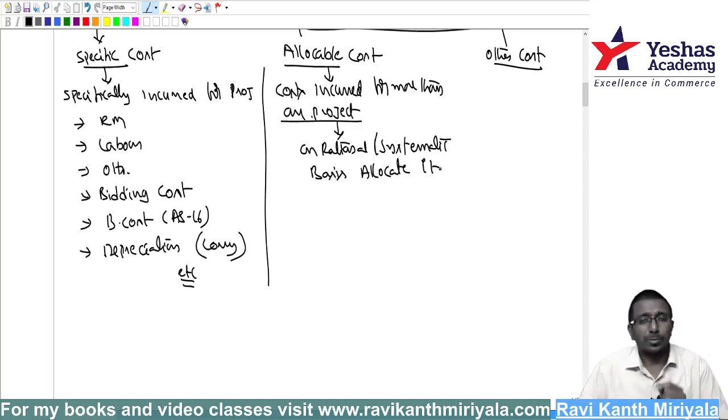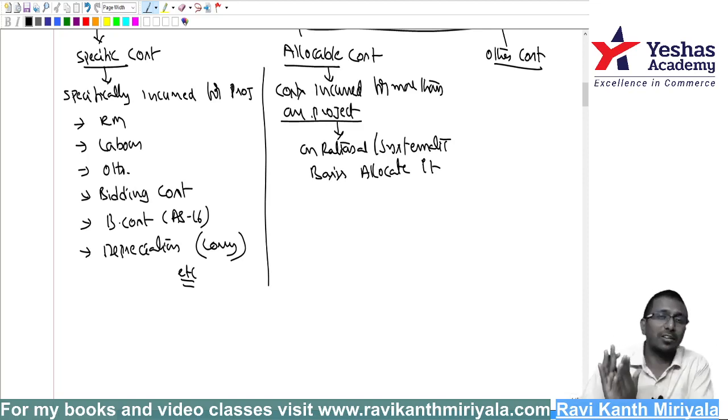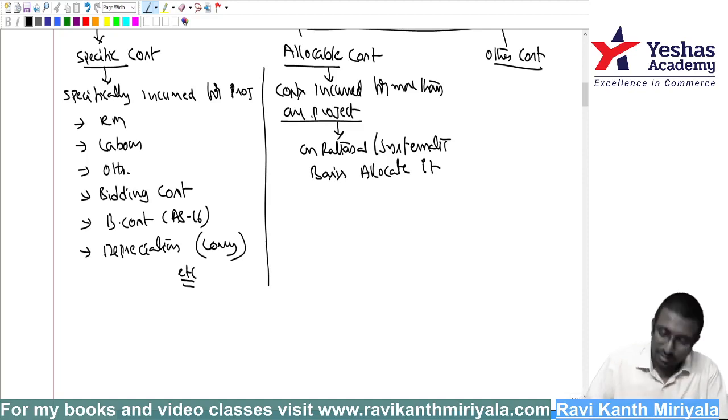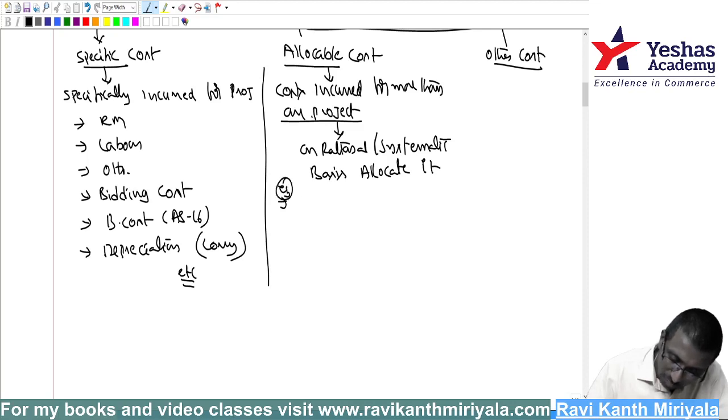Correct? Suppose there is an engineer employed by us. We are the contractors. This person is taking care of the building and also taking care of the road. Now what are we supposed to do? I can't put his full salary only for the building, or full salary for the road. What should I do then? I am supposed to allocate it. Example: supervisor salary.